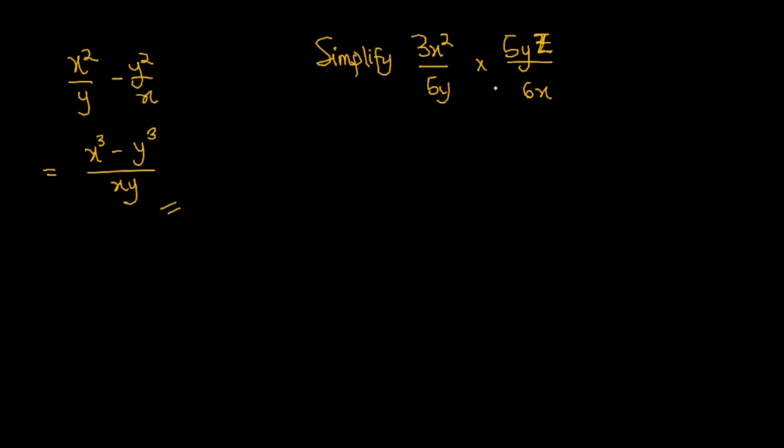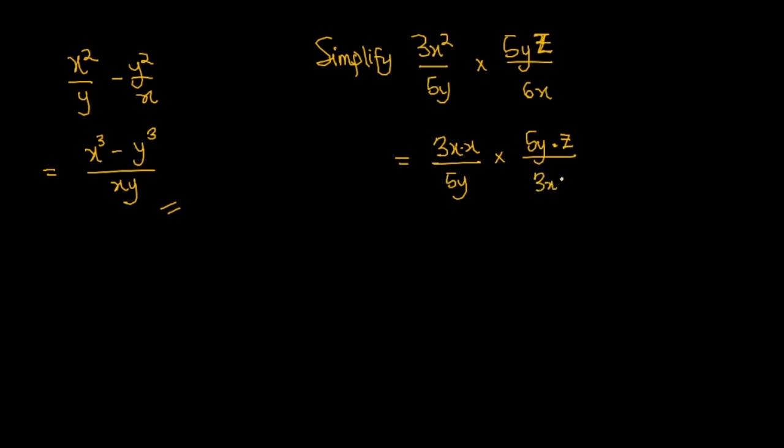are some things that we can cancel. So we need to cancel out some numbers and some variables. We can do that. So let me try and rewrite this expression in a way that is easier for us to cancel or to nullify some terms. So I have 3x squared over here. I can write that as 3x multiplied by x. Okay, 3x multiplied by x on 5y. Then this multiplication sign, then 5y multiplied by z on, over here this is 6x, so I can write that